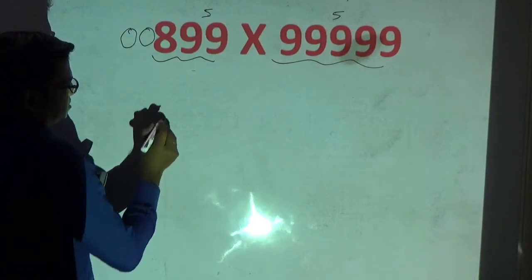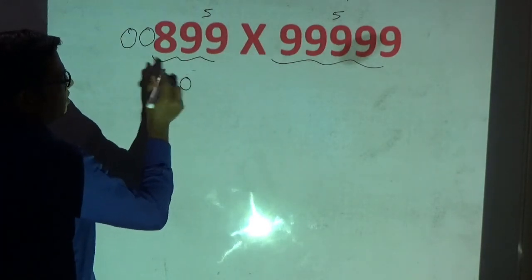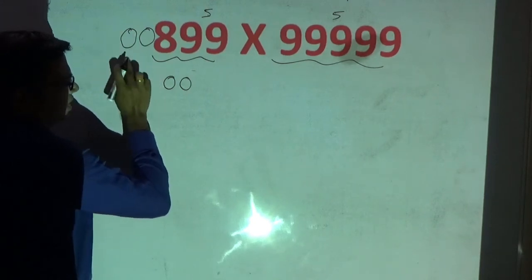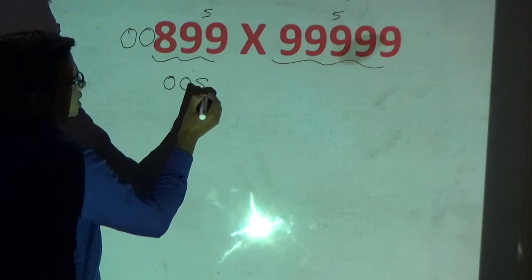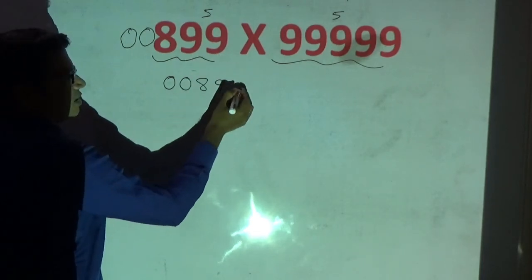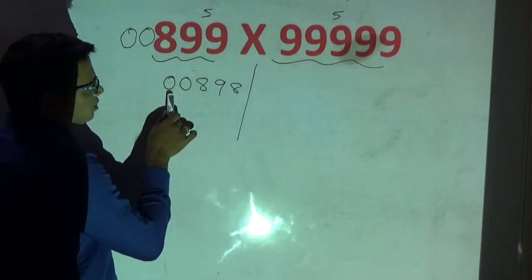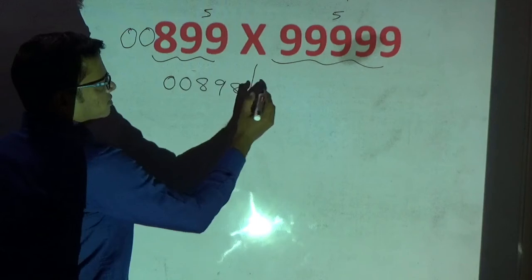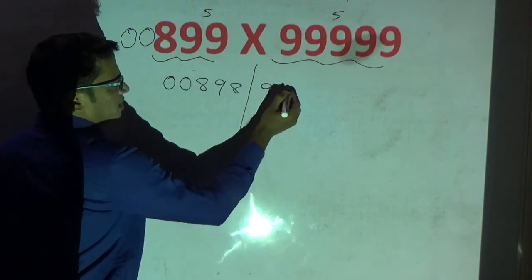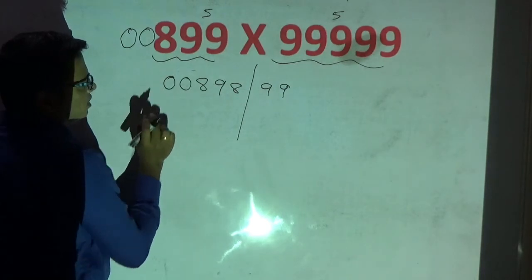Please observe here very carefully. Now it becomes 5 digits, and here also 5 digits. But don't forget to write these 2 zeros. If you forget to write these zeros, your answer will go wrong. So write 9. This is what? 8. Half of the answer is ready. Next half of the answer, if you forget to write zeros here, you will go wrong. Why? Because 9 minus 0 is 9. You will miss these 9s. So please don't forget to write the zeros here.